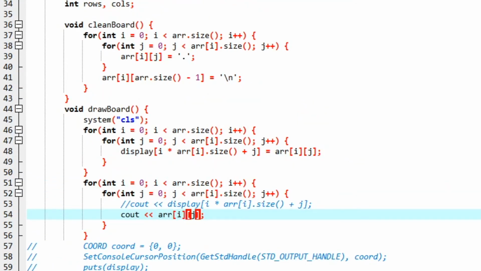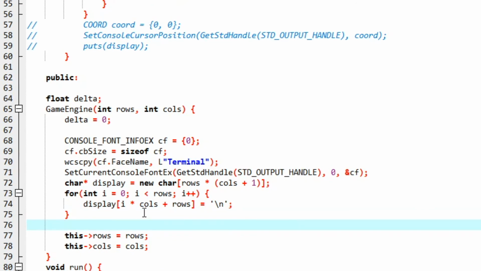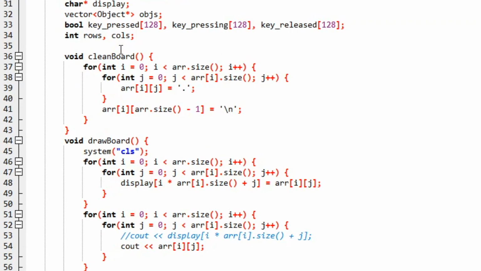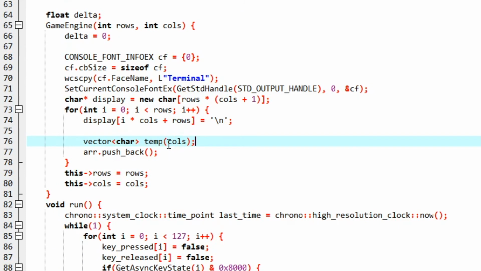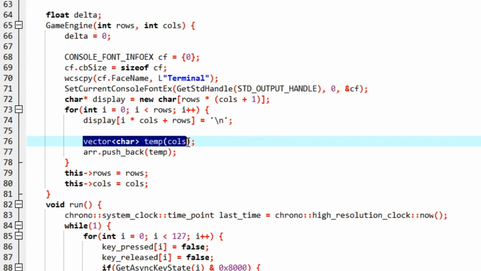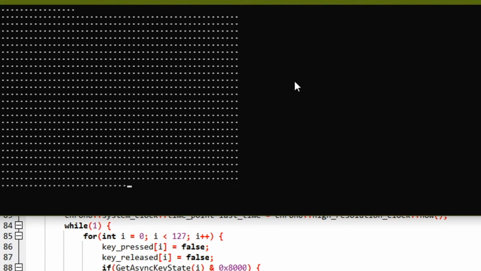I'm remembering something. We never initialize the vector with the proper size, so this vector is currently completely empty. Let us simply push back values here. So this is basically a vector that contains vectors, like an array that contains other arrays. This array exists, but it doesn't have the arrays in it yet, so we need to populate this with the proper arrays beforehand. So I'm going to do that now, and this vector will have the size of the columns, and then we are going to push back this vector. I'm creating an array here basically with the size of our columns, and then I'm placing that temporary array inside of our main array.